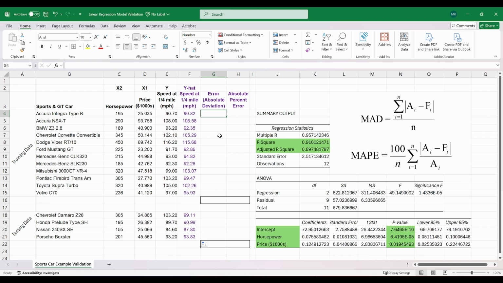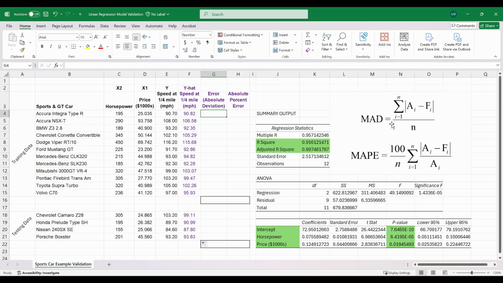So the mean absolute deviation is a very common metric that's used to measure error when we have a forecasting model like this. And all we're doing here is taking the absolute value of the difference between my actual value for y and my y hat, or my forecasted value. When I calculate each one of these independently, that's the absolute deviation. And then at the end, I average them all up, and that gives me one number that is my mean